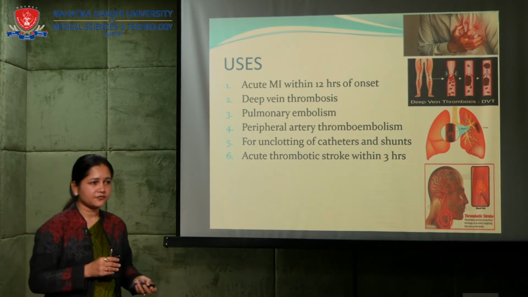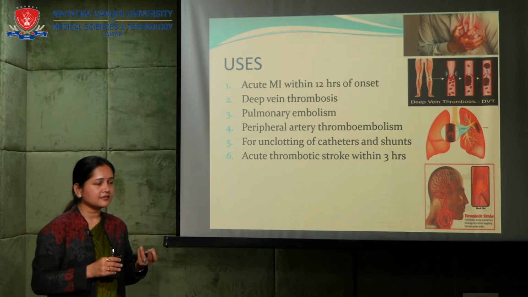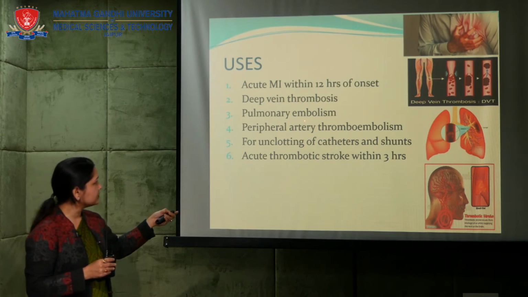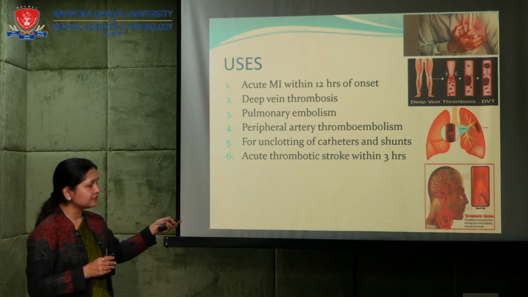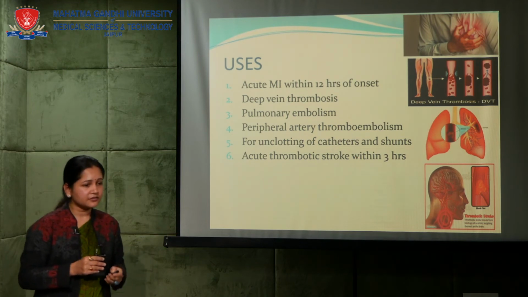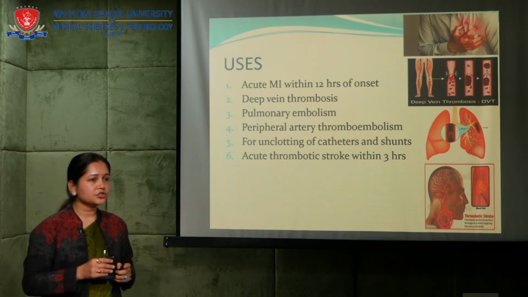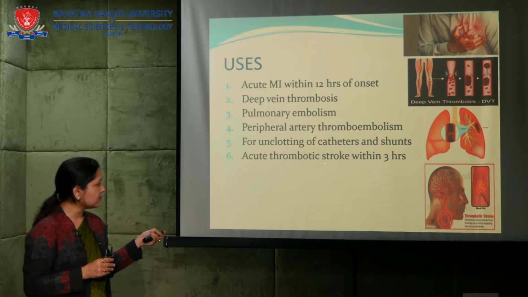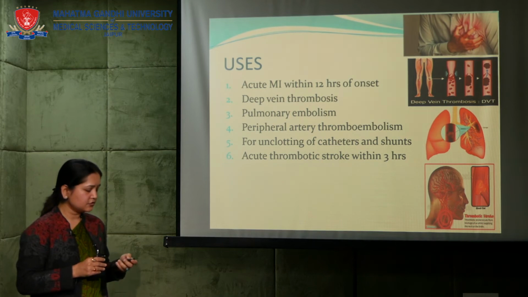then you can use fibrinolytic drugs, but the better option is percutaneous angioplasty. It can also be used in deep vein thrombosis, pulmonary embolism, peripheral artery thromboembolism, for unclotting of catheters and shunts, and acute thrombotic stroke within 3 hours. But you have to be very careful, it shouldn't be a hemorrhagic stroke. If it is diagnosed as a thrombotic stroke within 3 hours, you can use the fibrinolytic